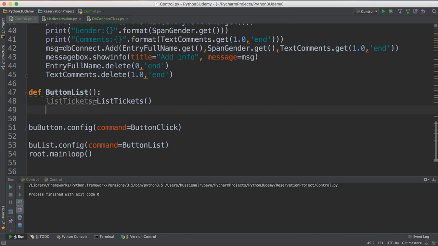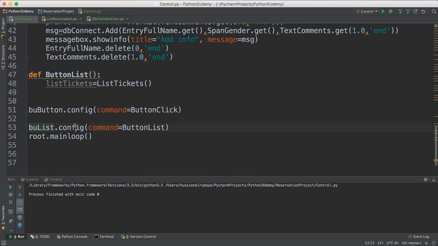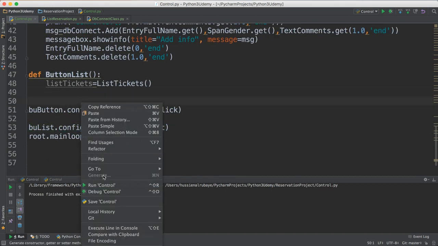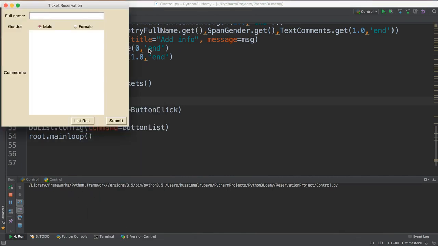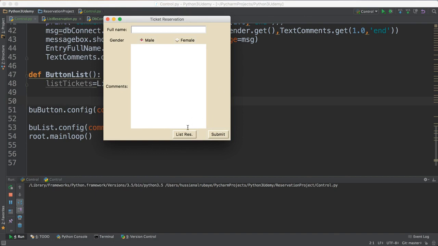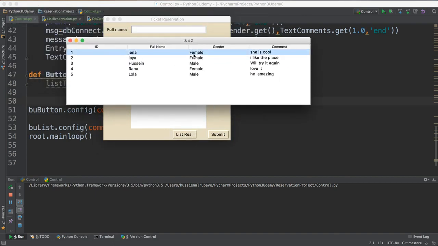Now hopefully this button created here, BU list, we added here, then when someone clicks on the button, we list anything, click BU list. So hopefully now it works. I have one activity now for tickets. If I click list, it shows me the list of the tickets I have. See all the information. It is cool. If I just add a new one,